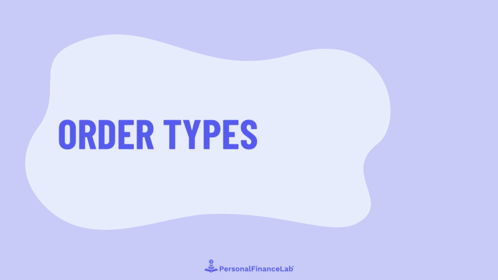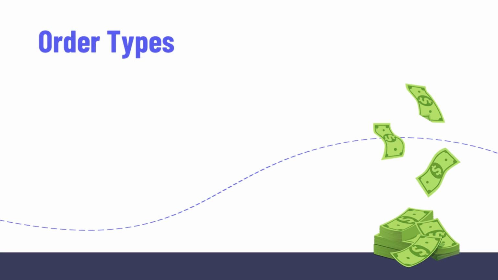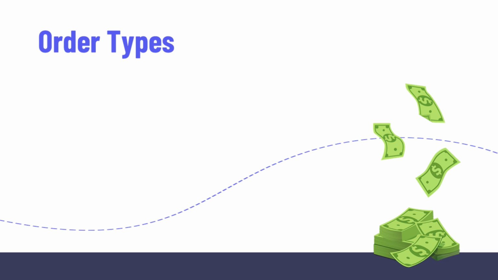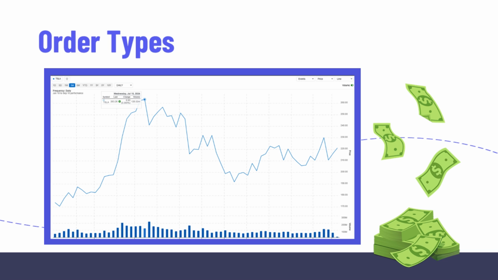Welcome to this tutorial video on how to use order types on PersonalFinanceLab. Order types help you specify at what price your orders can be executed. Becoming familiar with all the order types this site offers will make it easier and hopefully more profitable for you to manage your portfolio. Using limit and stop orders allow you to place trades that execute when certain price targets